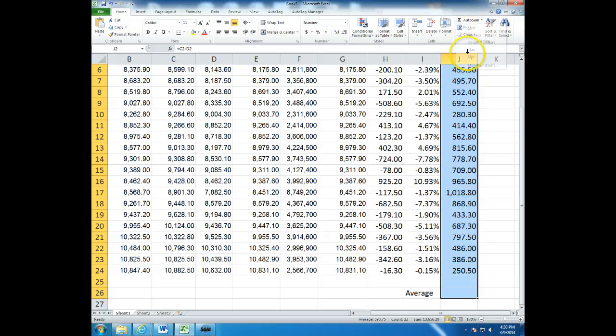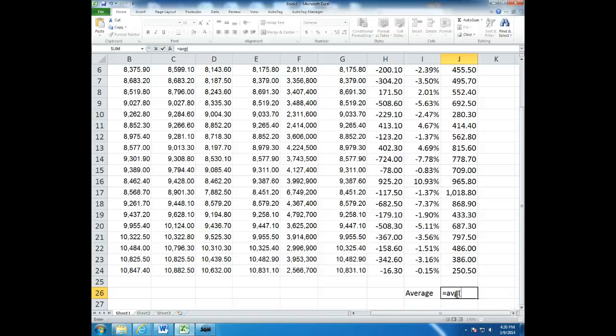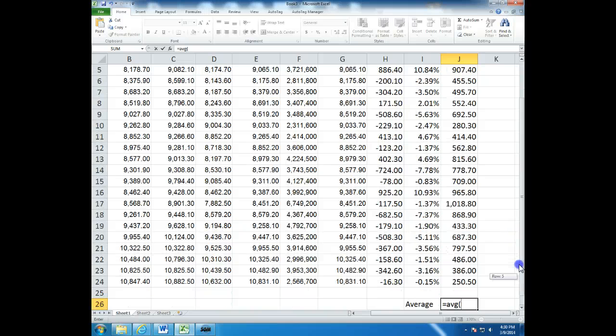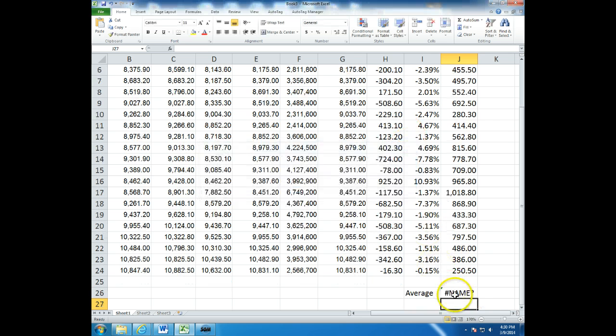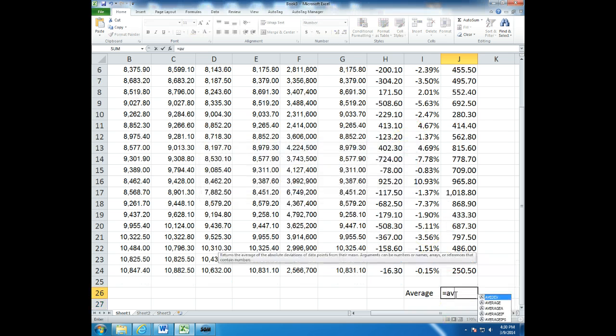See where it says average, or more fundamentally I can just say equal AVG parentheses, and then I have to see, well, what is my starting point, which was J2 colon all the way down to J24 in this case. And you can see that selected that range of cells. Oh, you know what? The formula should be average, not AVG. Thinking of something different. Sorry. So let's do it again. Equal average. I should have paid attention. Average. Now I can put